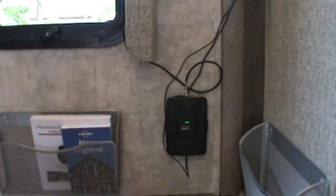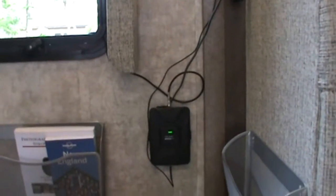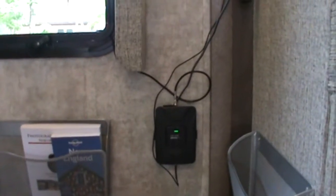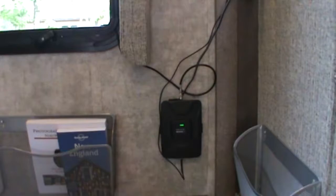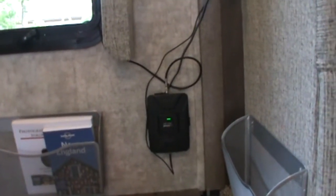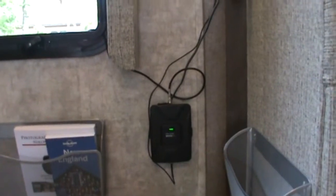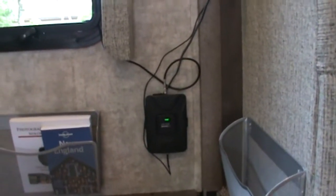I wouldn't go with the home version. It's really designed to boost a whole home, so the inside antenna is very strong. You really want an RV version at the most. The RV version will put out a stronger signal to boost your phone. So I can kind of show you that part a little bit